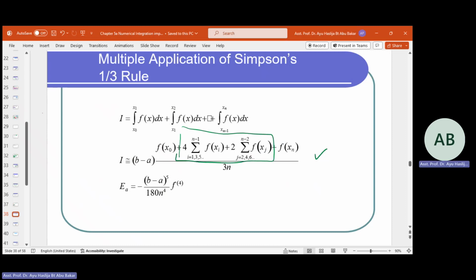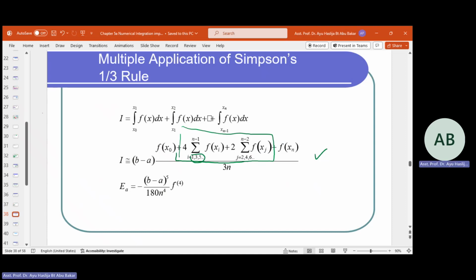This is the intermediate part. See here, I want to highlight 4 multiplied by the summation of the 1, 3, 5, the odd